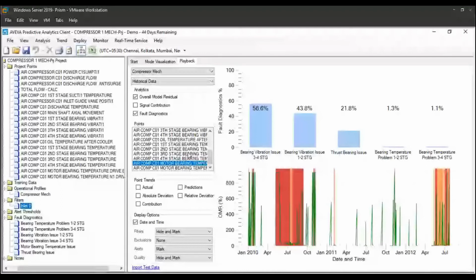There's a question regarding the coded relations. Yes, sir. In creating the fault diagnostic, that is one of the most important things that happens in the software. So for that, Aveva has a large library of various templates for various aspects of a lot of equipment. And for all of them, a lot of fault diagnostic relationships are already predefined. So once we have a big list of all the fault diagnostic signatures available with us, the only thing that then changes is how much data or what are the various variables that are available for the equipment with the client side at that particular point in time. And yes, so fault diagnostic definition becomes a very critical part of it.